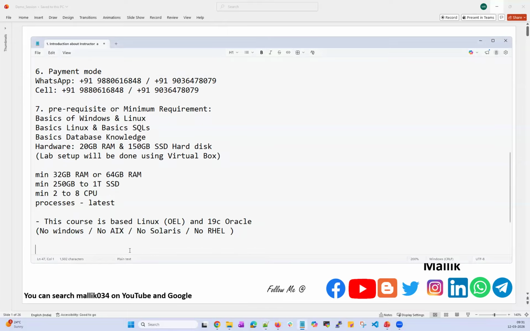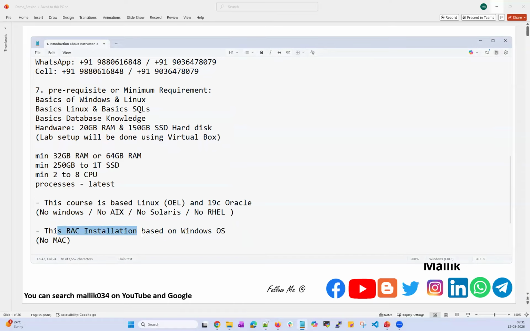Another question I got: is this RAC installation based upon Windows OS? Yes, it's based upon Windows OS. Can I do this RAC setup on Mac? No, I don't have a Mac setup, but whatever lab I have,